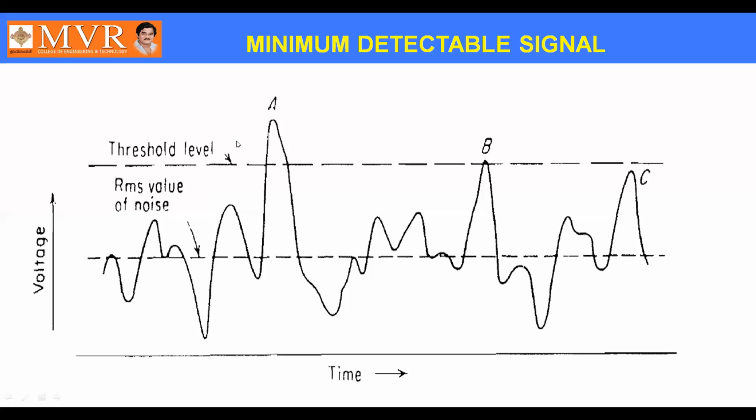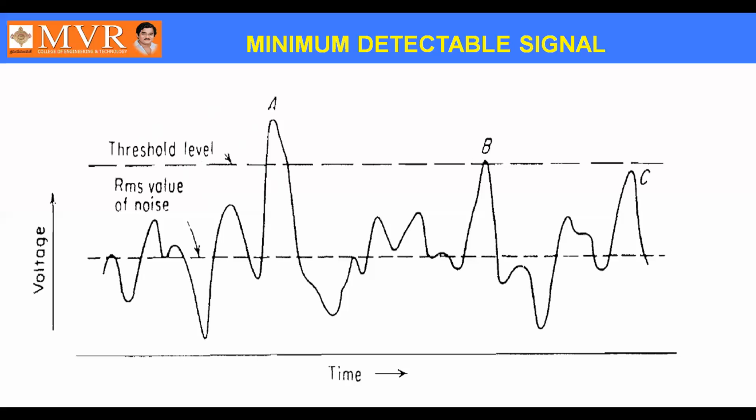While you are designing the threshold level, the value should not be high and the value should not be low. Now, why? Because if the threshold level is well above the point A, in our previous discussion we already said there is a target at A. If the threshold level is well above A, there is a chance of missing the target, which is a huge mistake while you are detecting the target.